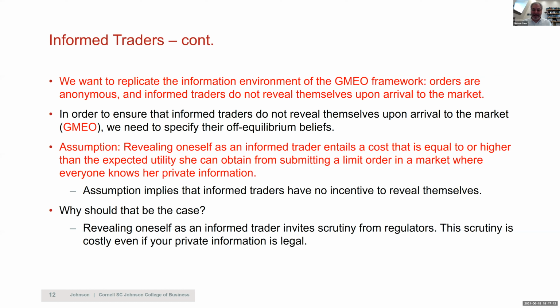But because in the limit order market you have both marketable orders and limit orders arriving, you need to have uninformed traders submit both marketable orders and limit orders. Otherwise, the informed traders wouldn't want to hide using one of them. So to have a non-trivial choice for the informed trader, you need to have uninformed traders trade both. And you can give them choices, but here we decided not to give the uninformed trader a choice, but rather give the informed trader the choice. So that's the reason.